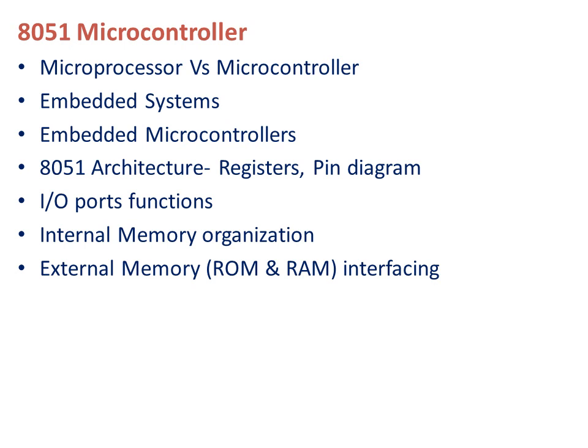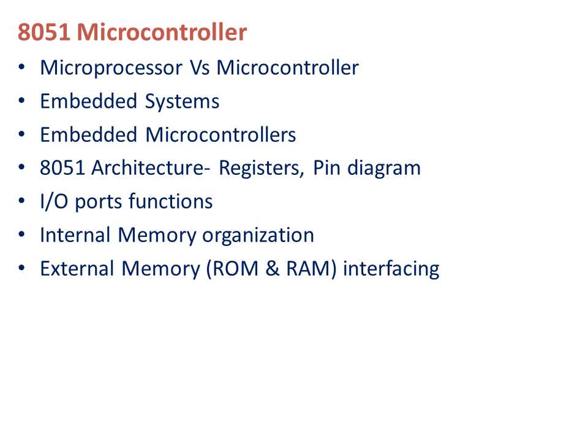And pin diagram, mainly here it is a 40 pin IC, dual inline package IC it is, and the details and functionalities of each pin will be discussed here. The next topic is IO ports and functions. Mainly the 8051 microcontroller contains 4 ports, port 0, port 1, port 2 and port 3. We'll be discussing in detail about all these ports.